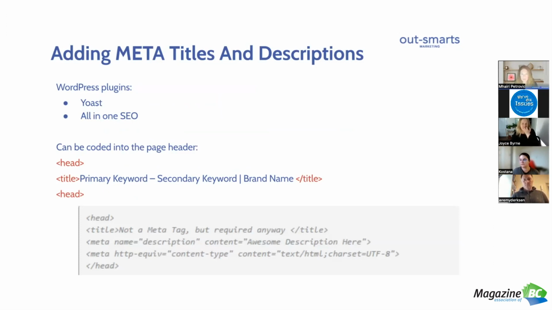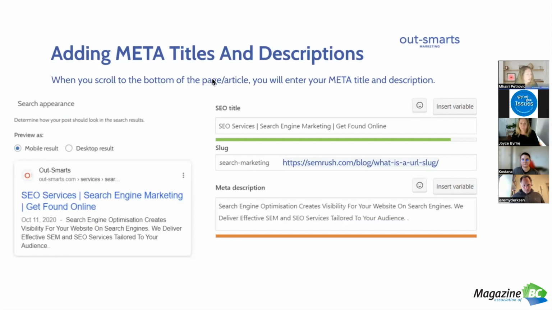Yoast is the most popular SEO plugin. The other one is All-in-One SEO. They're fantastic. They make it easy for us to enter our meta titles and descriptions. So this slide shows the hard way to do it, but if you have Yoast or All-in-One SEO, you can add it quite easily. Yoast is actually fantastic. The premium version of Yoast, which I think is about maybe 80 bucks, you can actually do keyword research on it. It gives you a green light traffic system that shows you if your title and description is the right length.